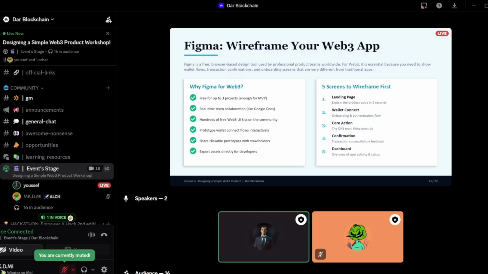Now, why is Figma particularly essential for Web3 products specifically? Because Web3 apps have unique UX challenges that don't exist in traditional applications. When a user opens a regular mobile app, they know what to expect. They log in with an email and a password, they see a familiar interface, and they take actions they've done 100 times before. But when they open a decentralized application for the first time, they are confronted with concepts and flows